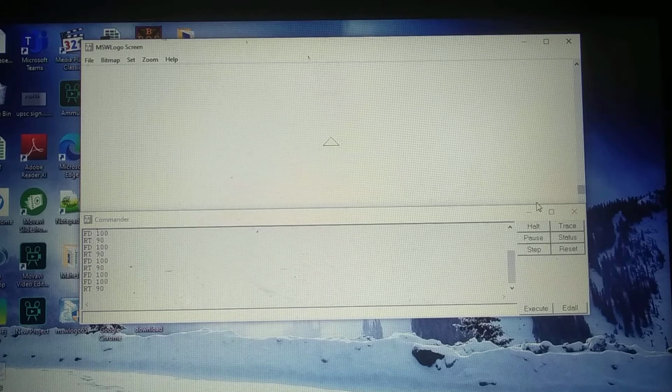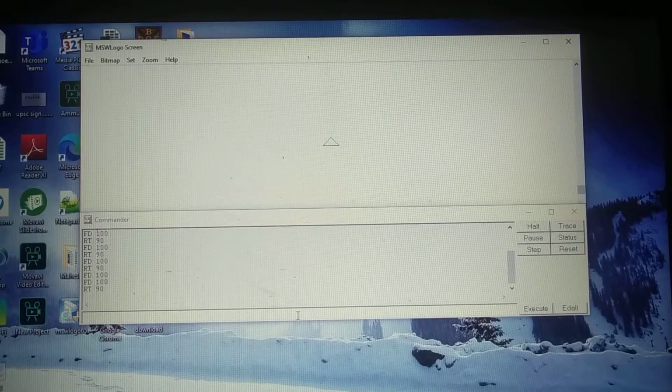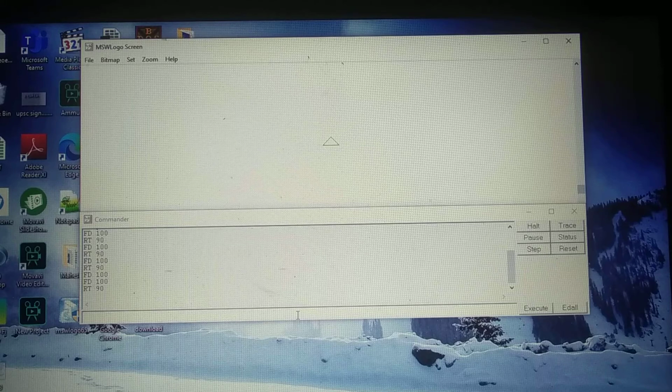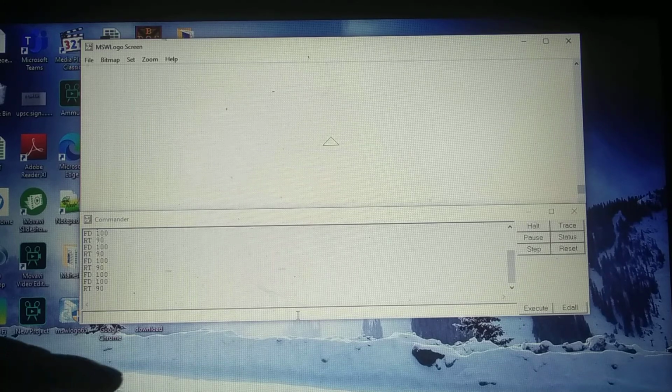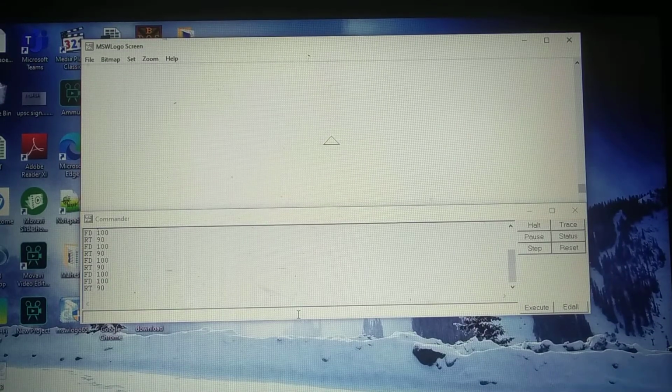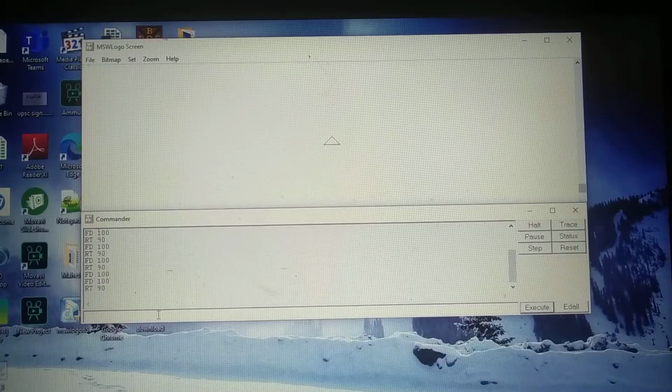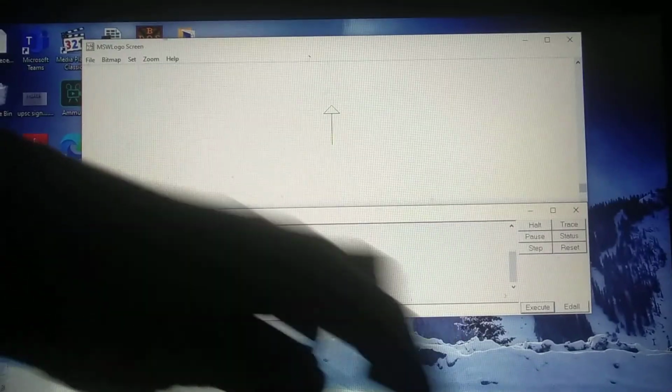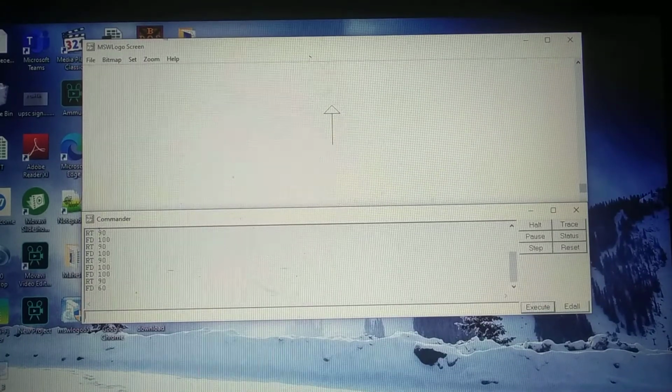Now we will see how to draw the rectangle. For a rectangle also we use only these 4 commands. So what are those commands? First we have to write FD and whatever units you want, you can give. Now I will draw with 60. FD 60. Enter. Okay, I have to click here. The cursor has to be displayed there. Then only you can type FD 60. Enter. Say 60 units. Line is drawn.